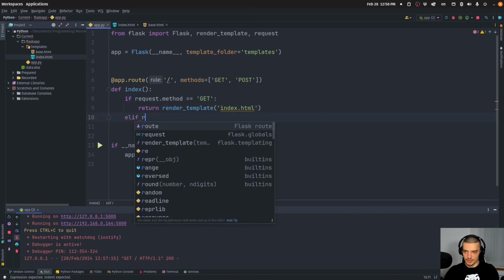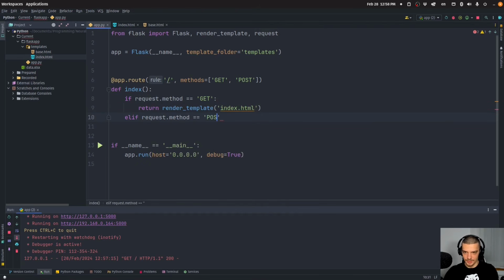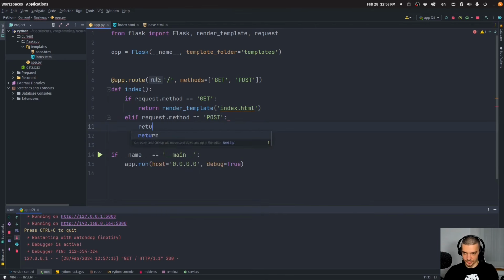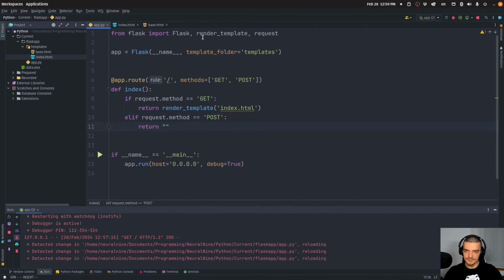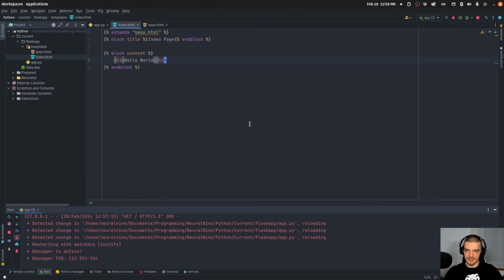Otherwise, if request.method is equal to POST, we want to do something else that we don't have yet. So I'm just going to return an empty string for now. We're going to implement that once we have the form. So what we want to do now is get into index.html and create a